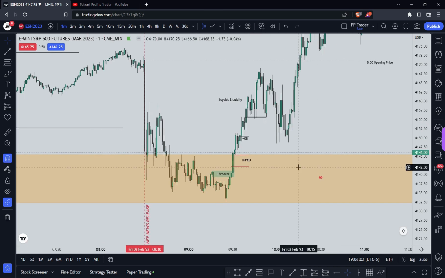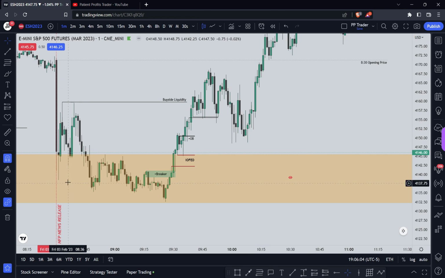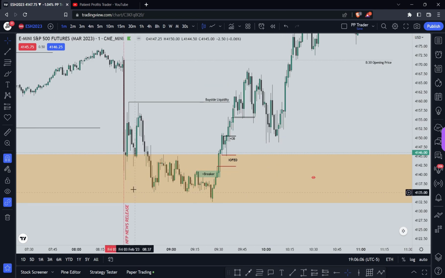We have the 8:30 NFP release. Okay, price trades into the daily volume imbalance, this yellow shaded area, to the exact tick, the lower end of the daily volume imbalance, and then price rallies aggressively. Now,